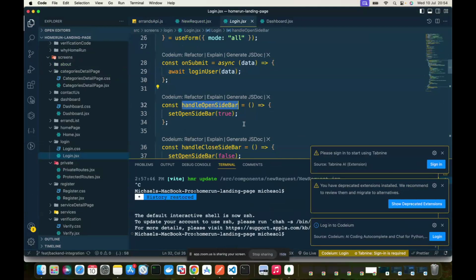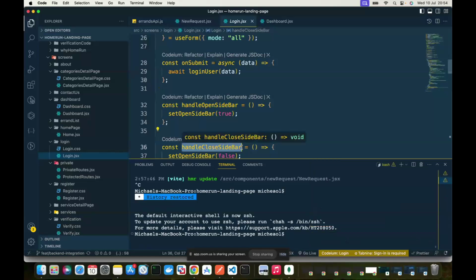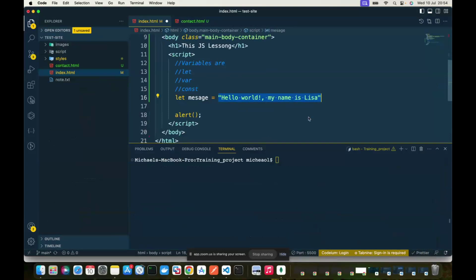It handles the open sidebar. What is this function doing? Handles the closed sidebar. So if I give you this code now, will it be hard for you to understand what that function is doing? Not at all. But if I say const C, const B, remember, exactly.